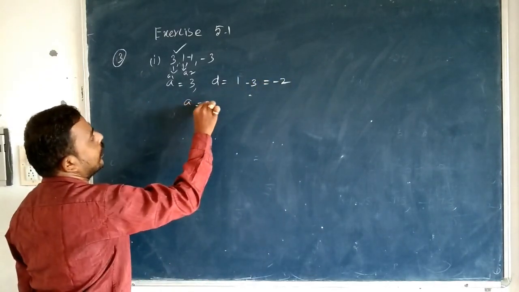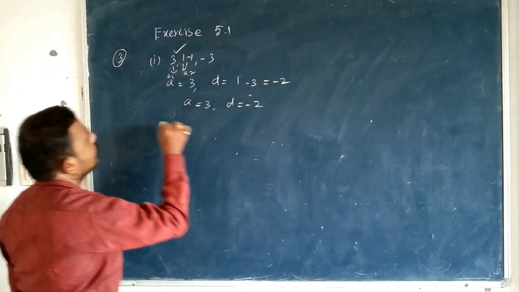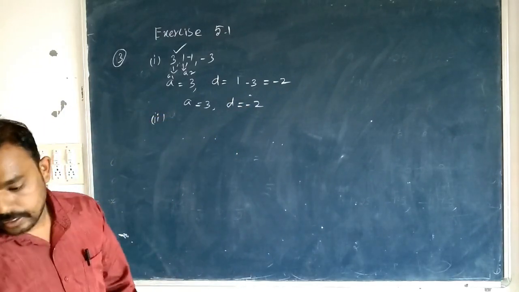So A equal to 3, D equal to minus 2. Second one actually given